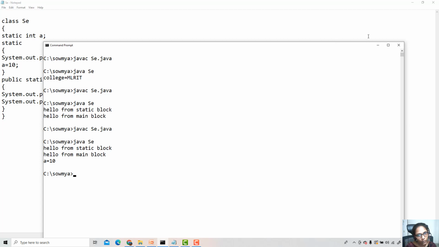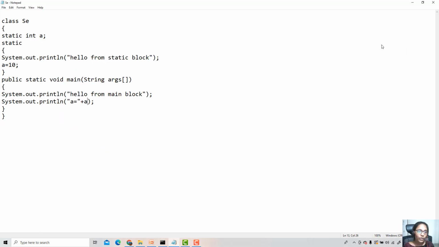So that is the process. So static block is used to execute before main block itself, and it is also used to initialize the static data. So this is about static keyword in Java. We have mainly 4 usages. The 4th usage is nested class that we will discuss in the future videos. But till now what we have discussed: static with variable, static with method, and static with block.